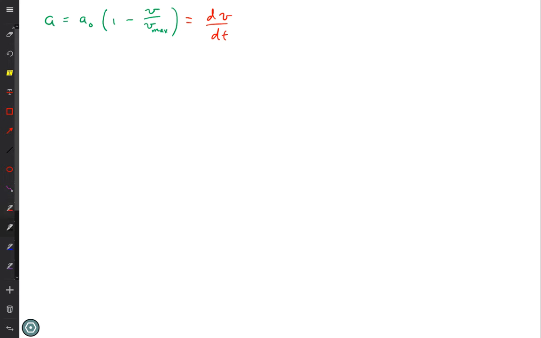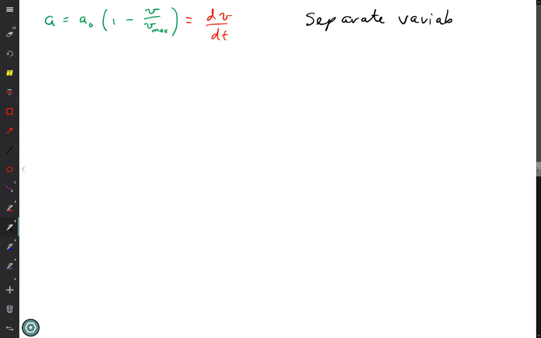So I'm going to separate variables. The two variables are v and t. I need them both in the dv and the dt, both in numerator position. So obviously, I first multiply by dt. I'm going to reverse the order here. So I'm going to have dv is equal to a0